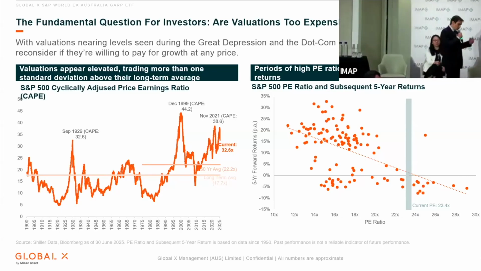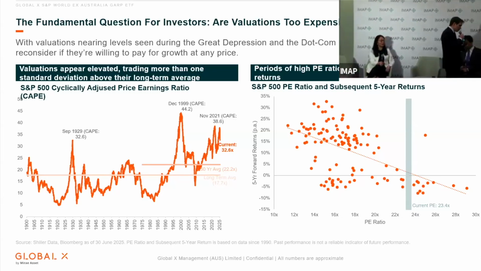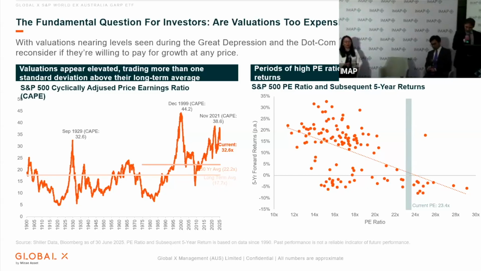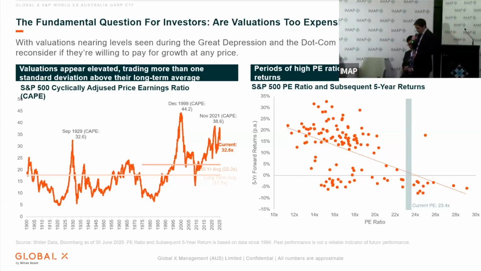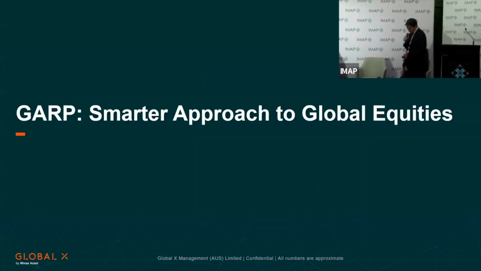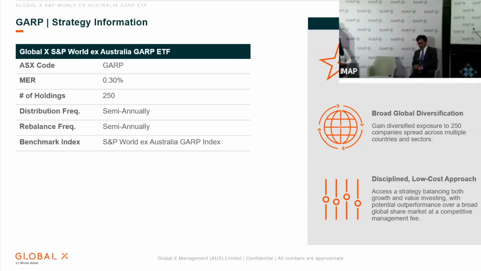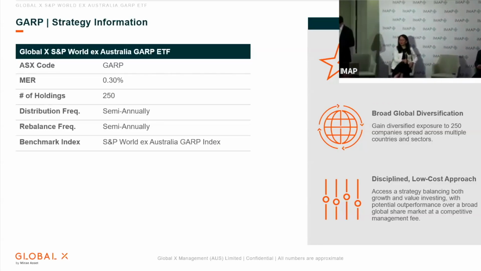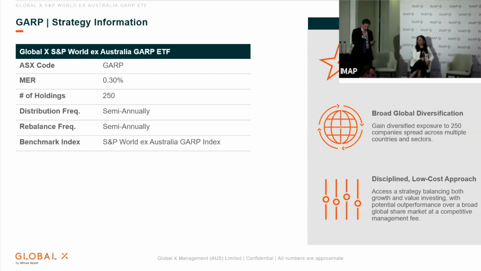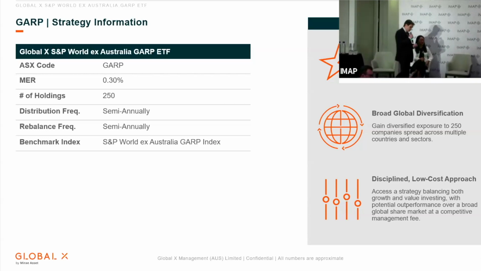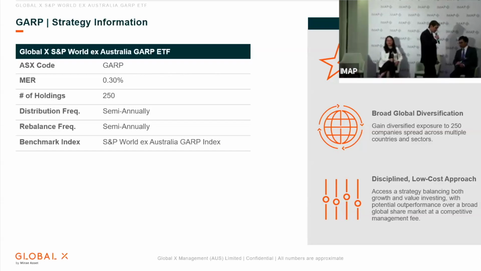So in other words, you purchase the stock at a high price, forward returns are perhaps lower. So that basically tees up for the next part, the next phase. So I touched on the fact that GARP is inclusive of growth factor, inclusive of value factor, but as a matter of fact, it also encompasses quality.